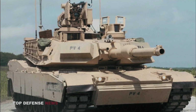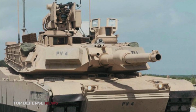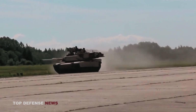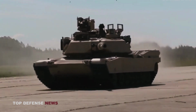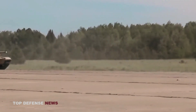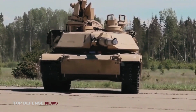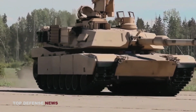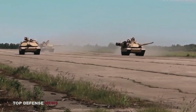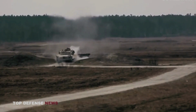The M1A2 SEPv3 Abrams also has excellent improvised explosive device, or IED, countermeasures, a feature directly related to the global war on terror and the challenges American tanks faced in Iraq, Afghanistan, and Syria. Abrams is a platform that adapts new technologies while minimizing development time and cost. This superbly engineered and battle-tested design continues to meet the challenges of new and emerging threats associated with the next generation of warfare. The Abrams M1A2 tank is built to confront and destroy enemy forces using unrivaled firepower, maneuverability, and